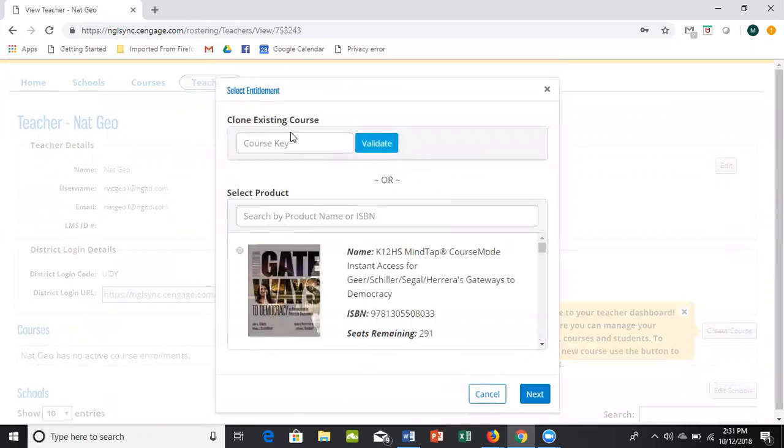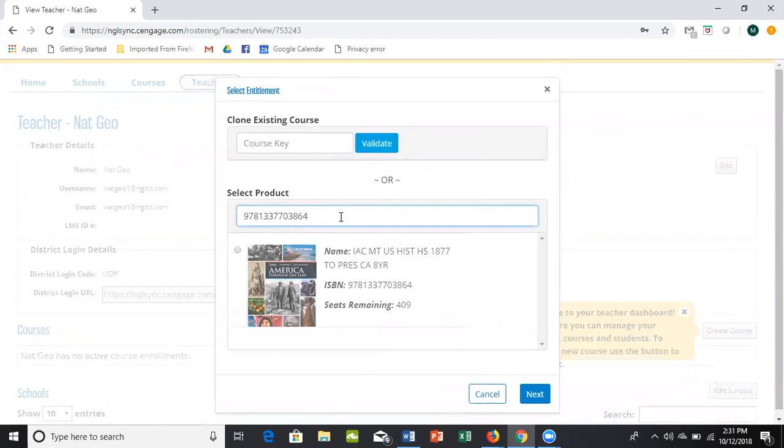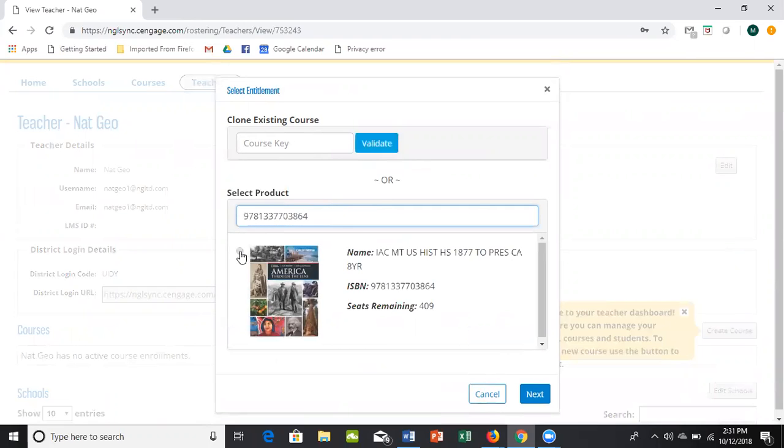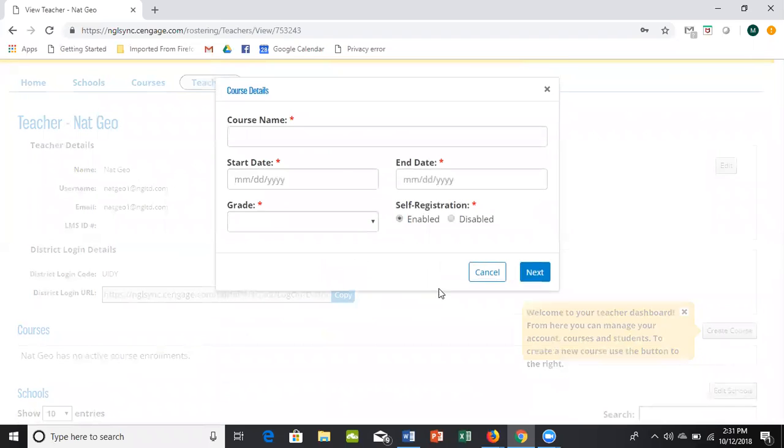If you already have an existing course, you can put in the course key to clone it, or you can type in the product name, use the search bar, or type in the ISBN. Once you get your book, just click to the left on the little button, hit Next, give your course a name,